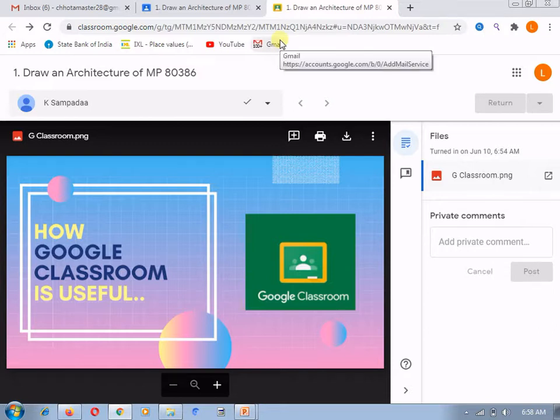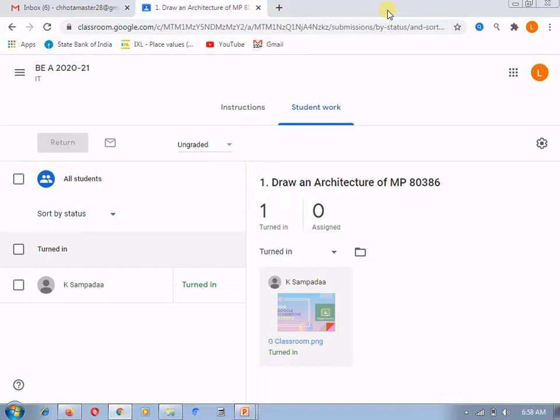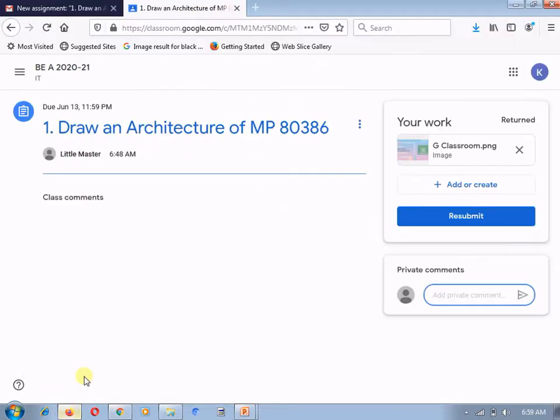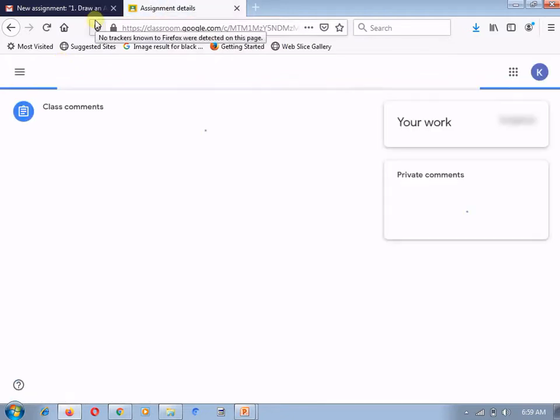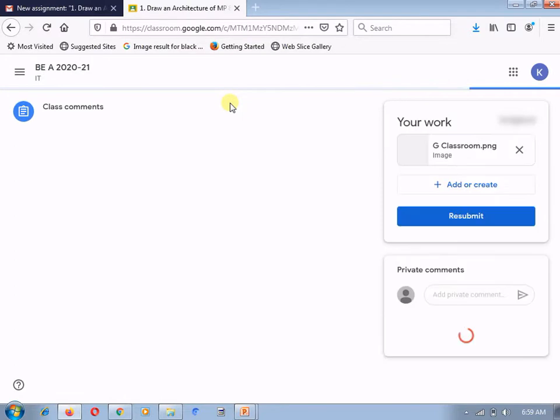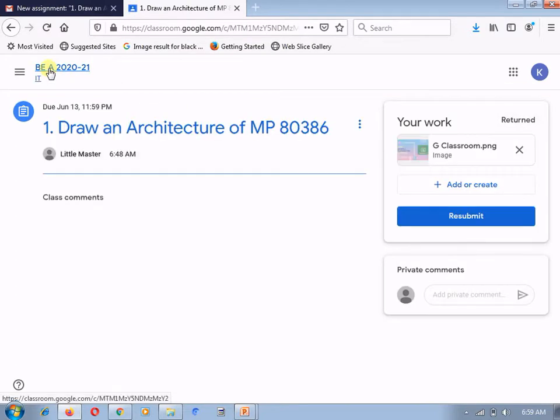Now how will this appear in the students' section? Let's move to the students' window, and here I am refreshing this particular page. So here you can see the assignment details and your work is returned.